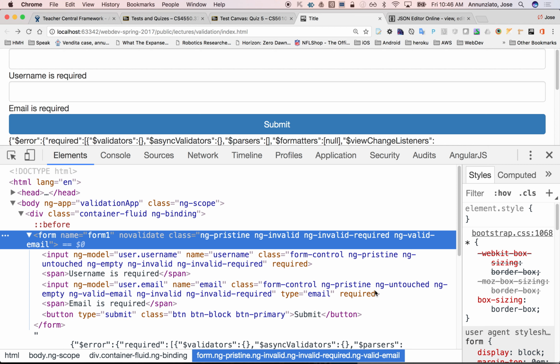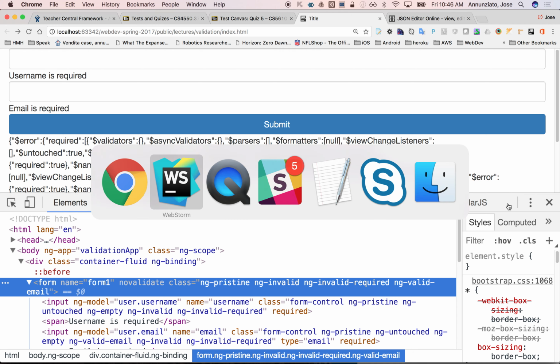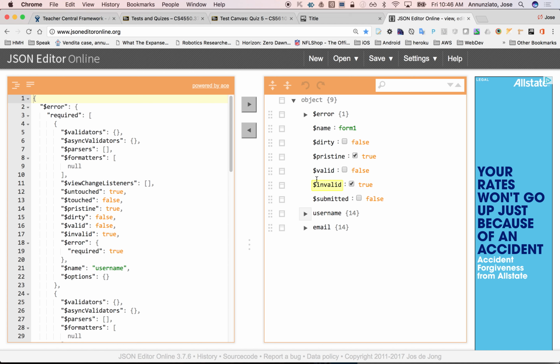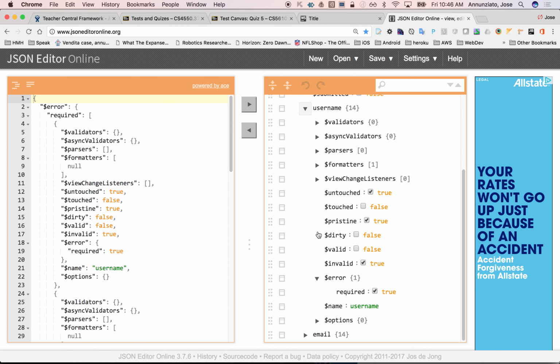So what we could do is use the object we mentioned earlier. Here's the object, and we can see that each one of these elements has errors. It has errors about being invalid, and what is the specific error. So we could say only show